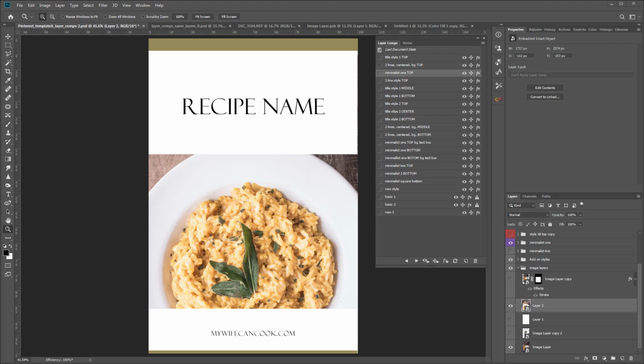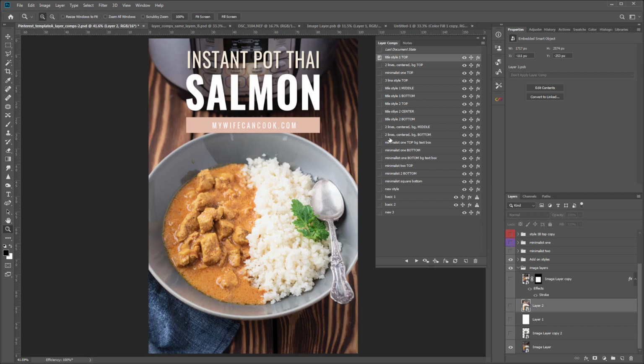I hope you're taking a lot away from it, but there's one more thing that we have to go over to really lock this in and make it so it acts as a template. Okay, so I'm just going to come back here to this title style 1. And so let's imagine you've spent all the time to set up all these different layer comps. You've given yourself a really powerful document that can act as a starting point for this design style when you're